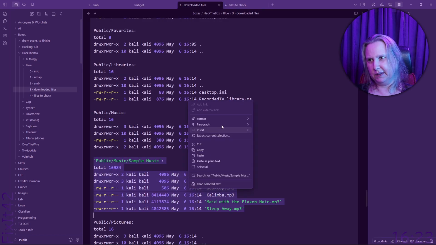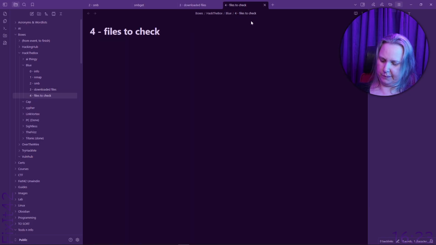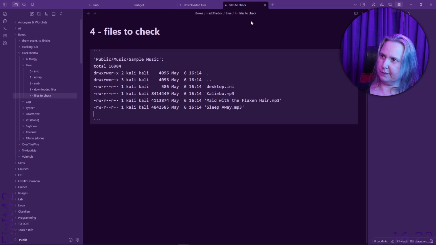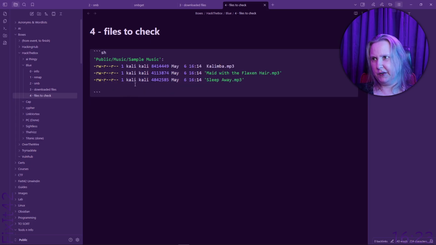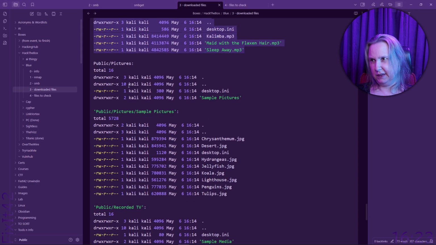I wanted only this. And we're going to delete the ones not mp3. So the path and the files,